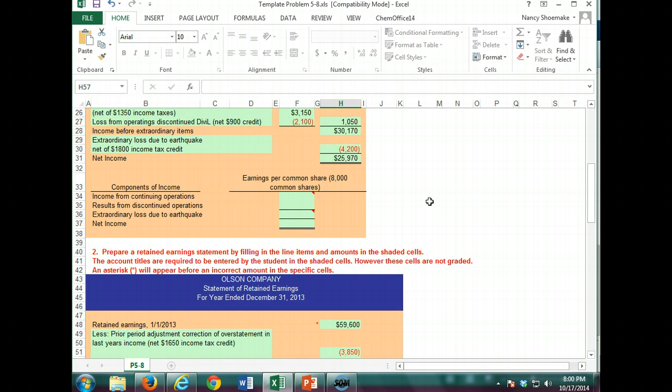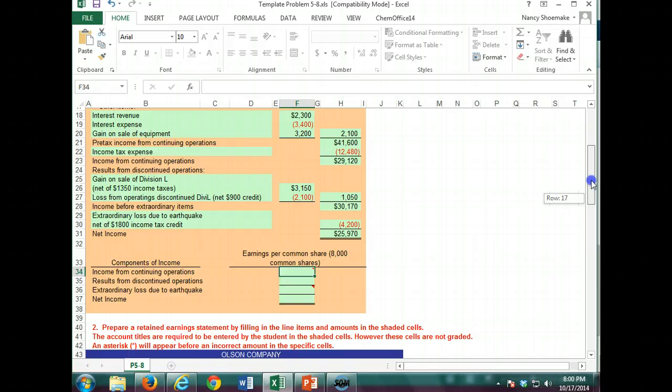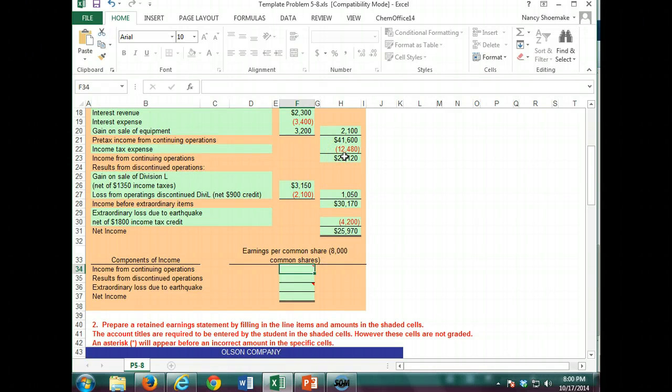Earnings per share, absolutely. So how many shares are outstanding? 8,000 shares, okay. Income from continuing operations is 29,120. What is it if we take 29,120 divided by 8,000 shares? $3.64 a share. Now let's look at